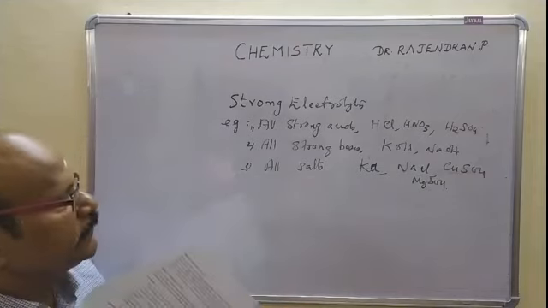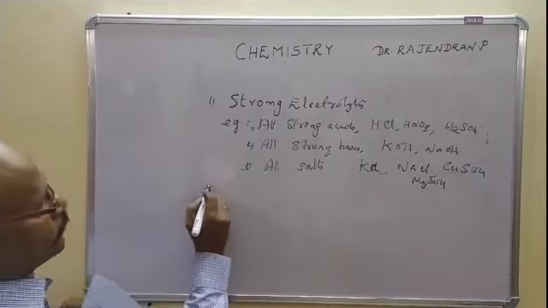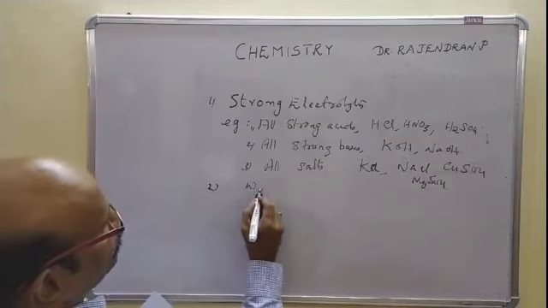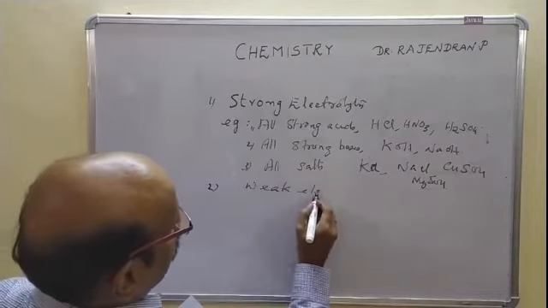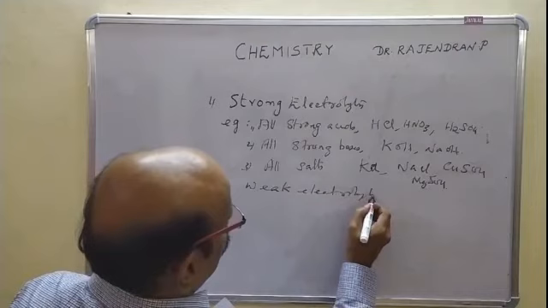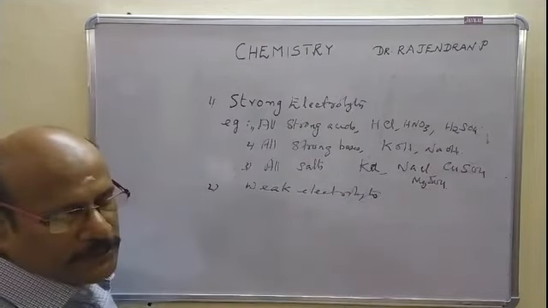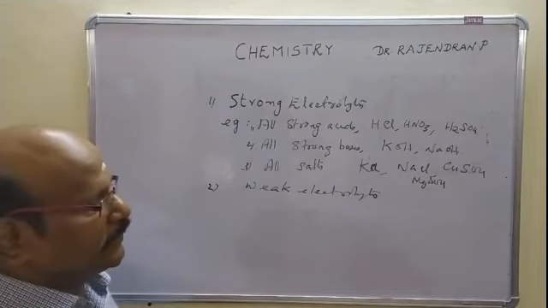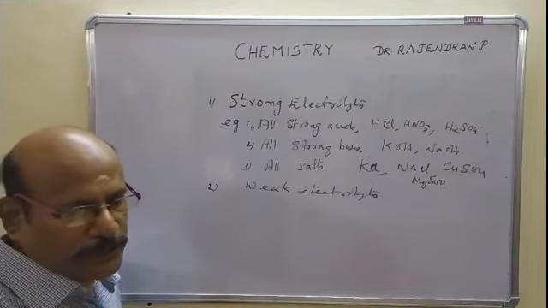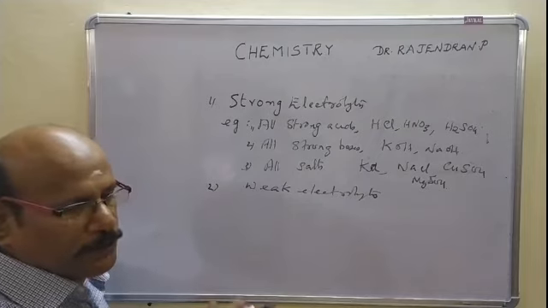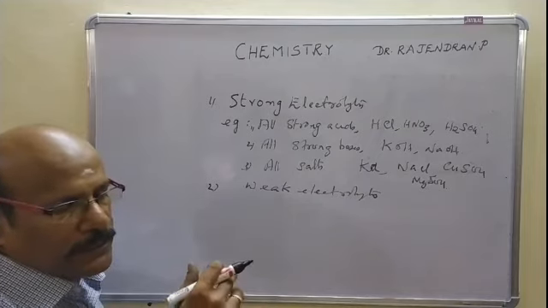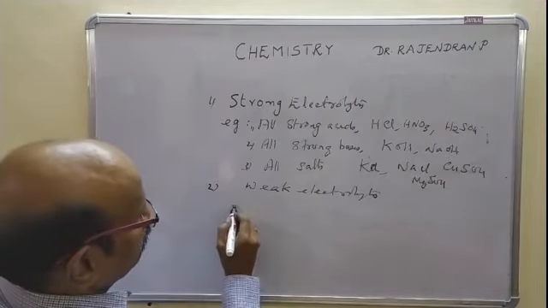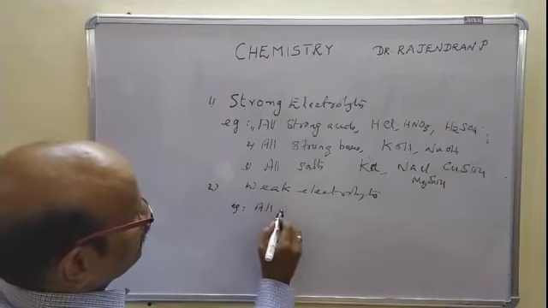Those electrolytes whose conductance is generally low. Weak electrolytes: initially their conductance is low, and there is a sudden or rapid increase in their conductance with the increase of dilution or decrease of concentration. It goes on increasing, and it never attains a maximum limiting value even at infinite dilution. Examples are all weak acids,